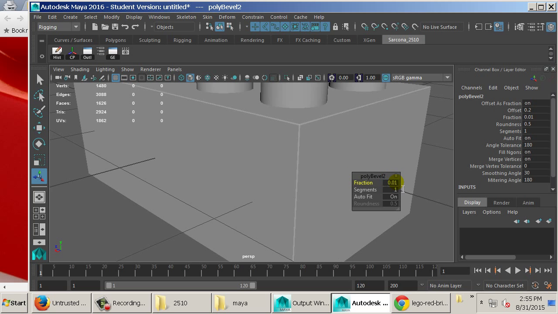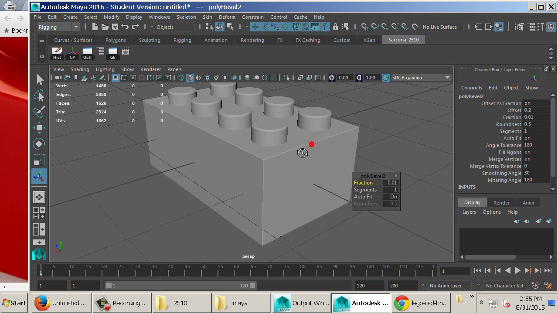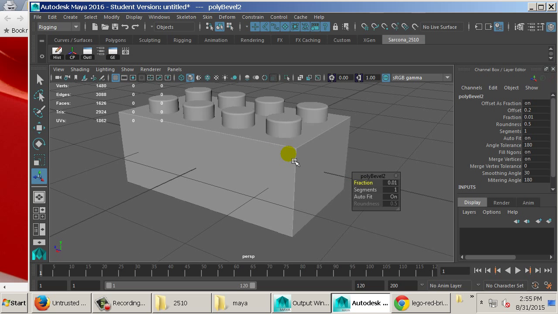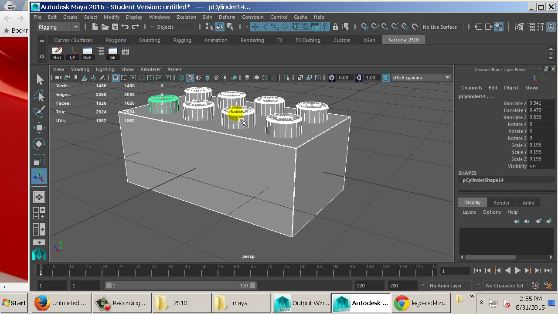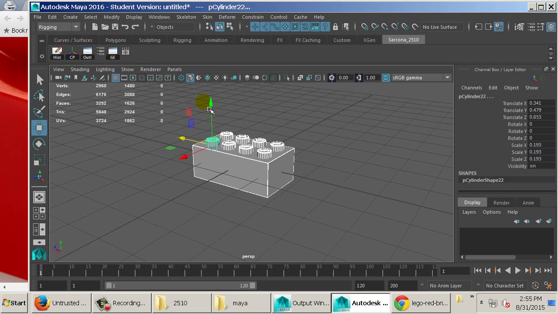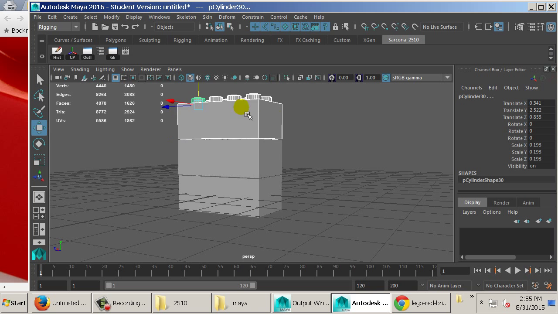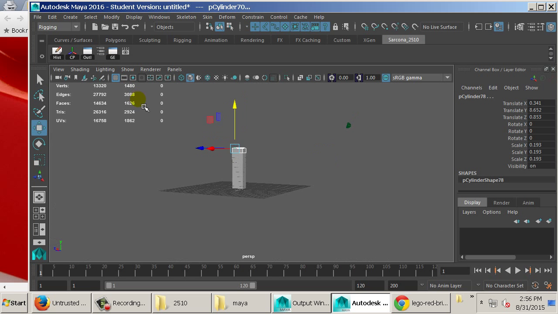1. Oh, that's a good number. Okay, so now I have a little bevel on that. And then the director, or whoever it is that's hiring me to do this, comes to me and says, okay, well now we want to be able to stack them on top of each other. No big deal, because I can just take them like this and duplicate all of these and just go boom. And now they can stack on top of each other,